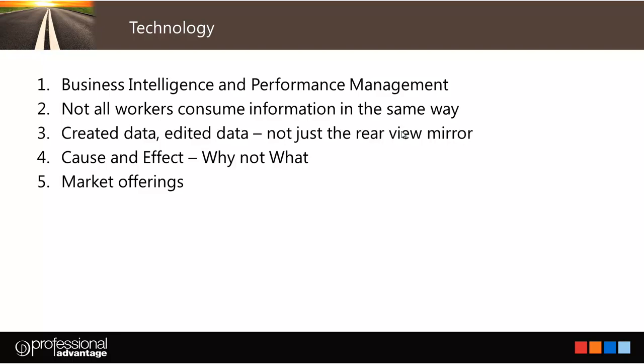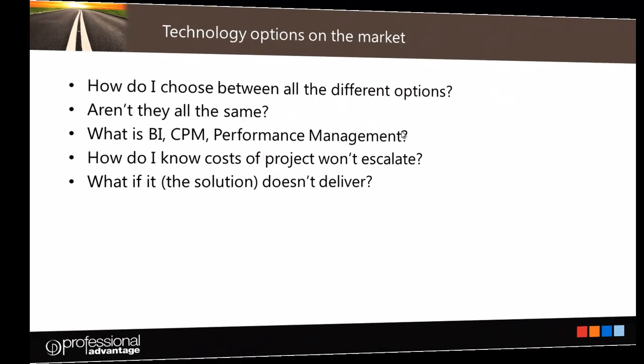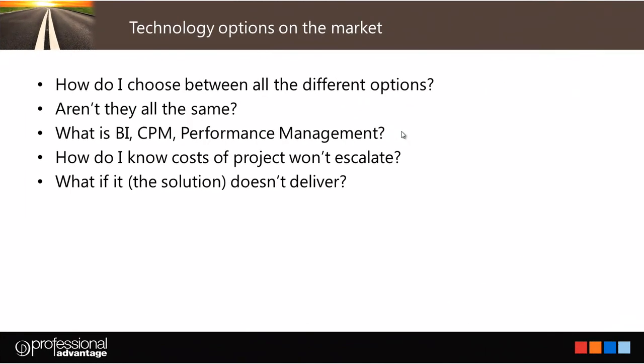We're going to look, first of all, now just at market offerings. I'm sure that many of you out there will know that there's lots of technology options on the market for these areas, and it really would be very difficult from your position to see the differences and understanding what would be appropriate for you. They can all seem the same. But also, what are these business intelligence and CPM? What do they mean? What do they mean to me? So by the end of this, hopefully you would come out more enlightened on this